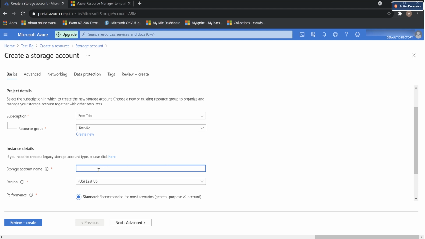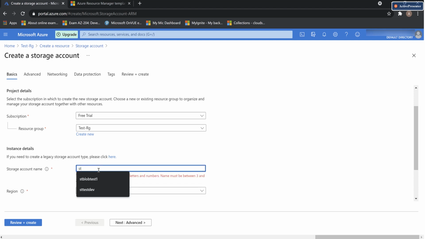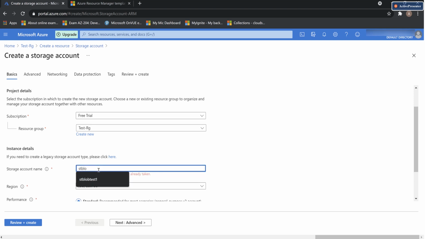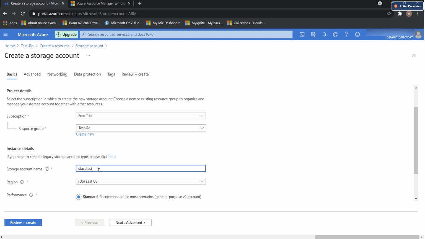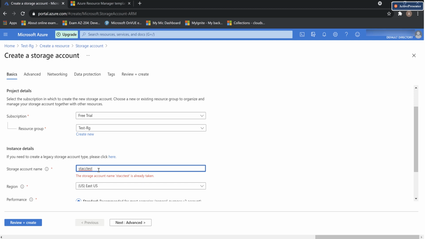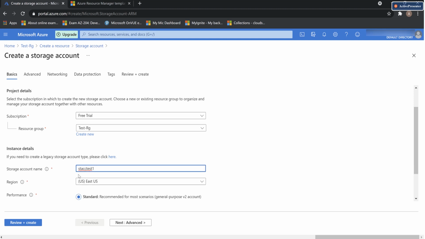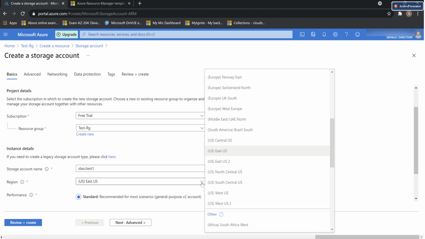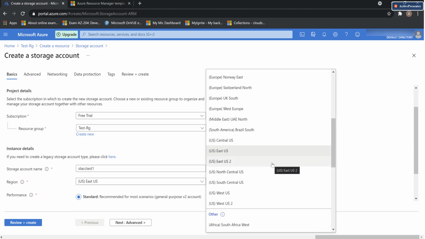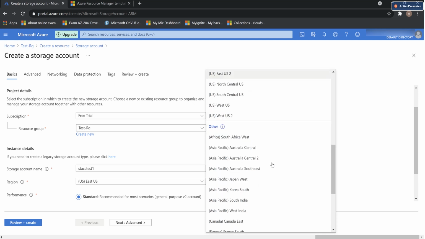So we need a name for this storage account. So let's put in ST for storage, ACC for account, test. And it says this name is already taken, so I added one at the end, and now it's okay. Then you need to choose the region that you want to create your resource. I want to create that in Australia Southeast,